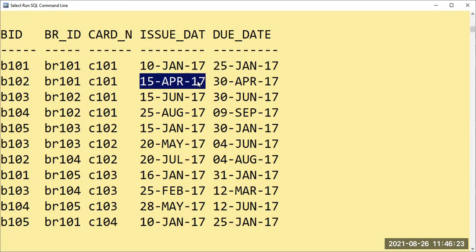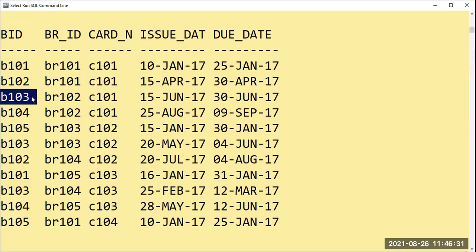2 books over. One more, C101, still Maitri only. Which book has she borrowed? It is B103, which is Python, from branch BR102. Branch doesn't matter. You can take anything, or the same if you want. What matters is that you purposely take the card numbers repeatedly here.